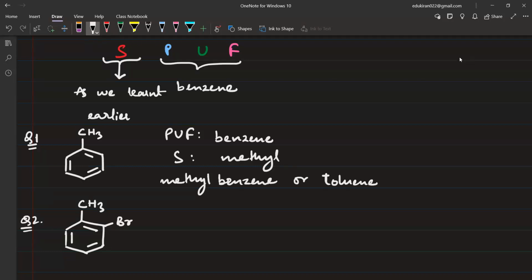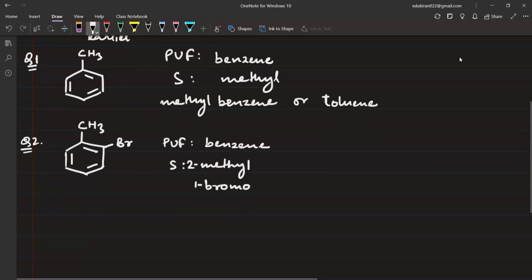Now, if I go with my conventional naming system, the parent will be benzene. There are two substituents: here we have methyl, and here we have bromo. So obviously, going by the alphabetical order, bromo will get the first number 1 and methyl will get the second number, 2. The name will become 1-bromo-2-methyl,